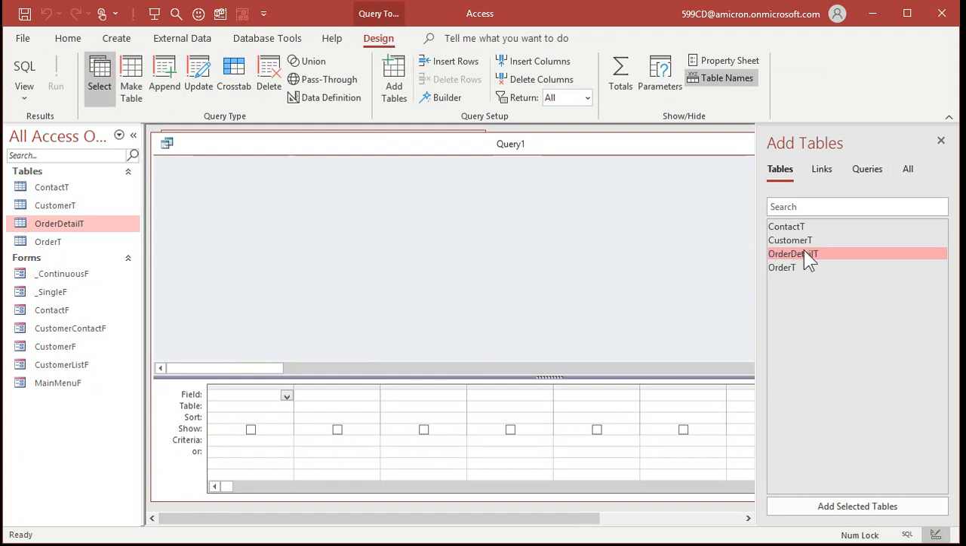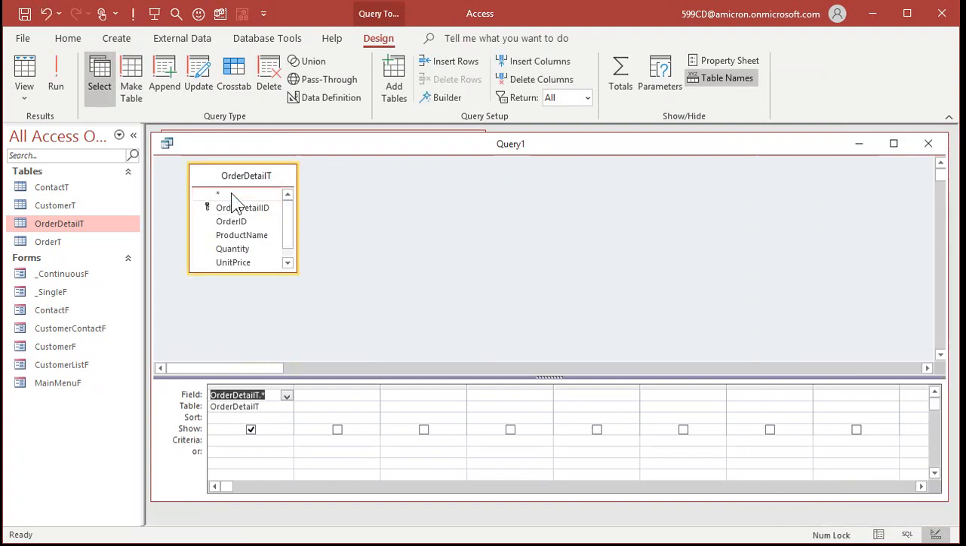We're going to bring in our order detail table, close that, bring in all the fields, and then we're going to put in a calculated query column right here. If you've never done calculated query fields before, again, go watch the video on that. I'll put a link down below. Calculated query fields. This is going to be a field called extended price, set it equal to the quantity times